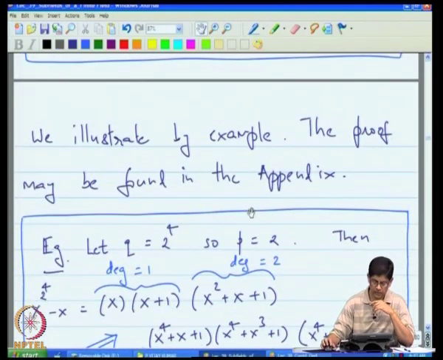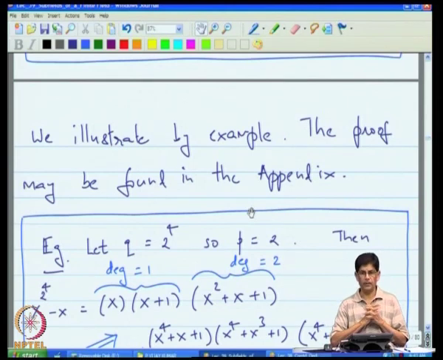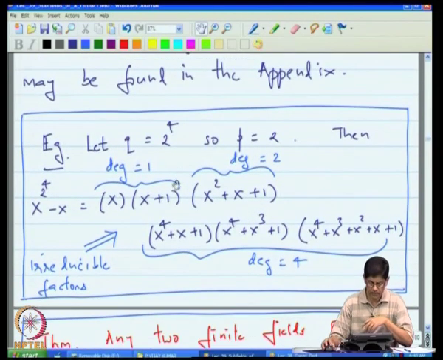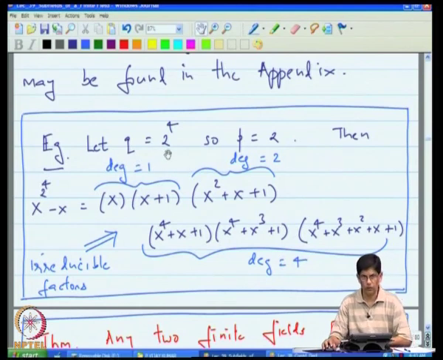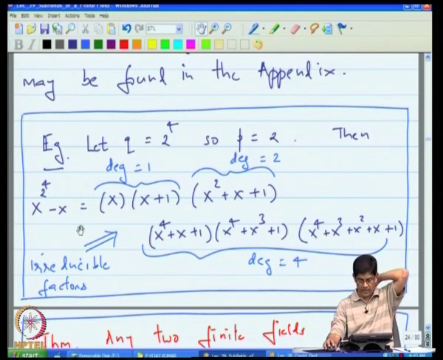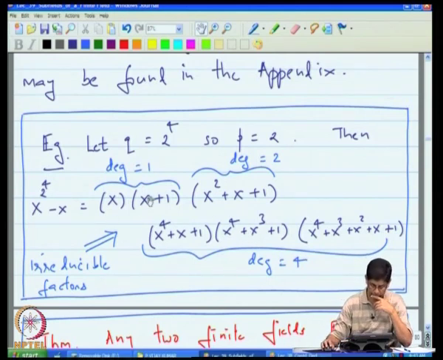And what we will do is we will actually illustrate by example, and the proof once again is sent back to the appendix. So, in the example we have that q is 2 to the 4. So, p is the prime p is 2, and then it turns out that when you factor x to the 2 to the 4 minus x, it factors as follows,